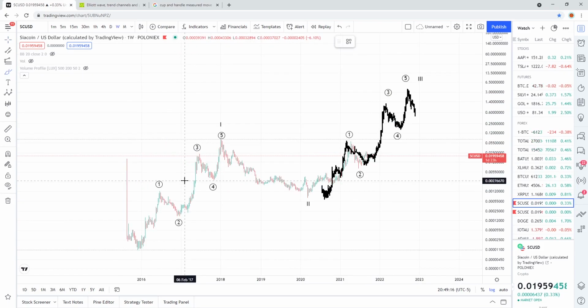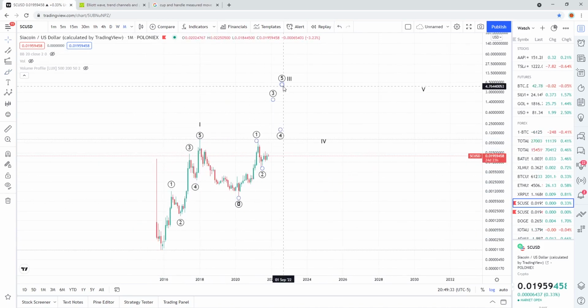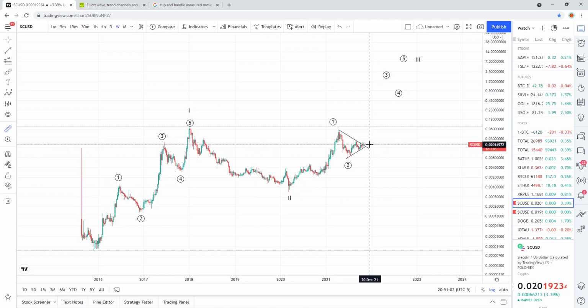Up to this point, it has shown that it is going to follow exactly what it did in cycle wave 1. We also have the cup and handle measured move taking us up to $4 as well. So that is another confluence saying that this scenario may be more likely than the lower targets that I have for this coin. So whether or not Siacoin gets up to 40 cents or goes to my highest target at around $4,